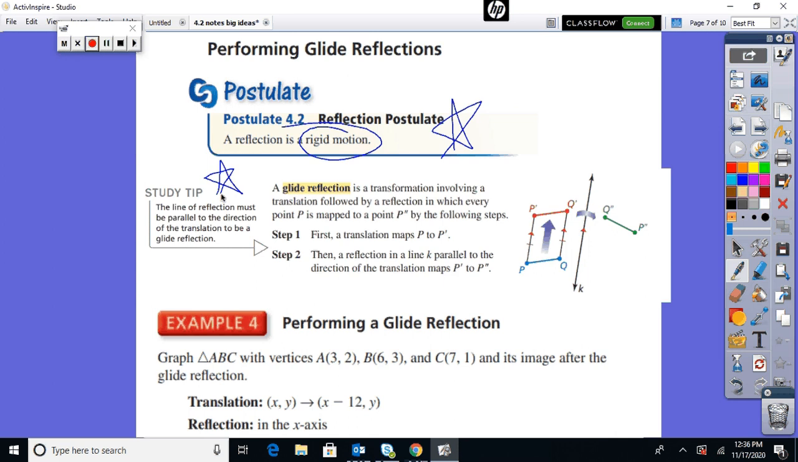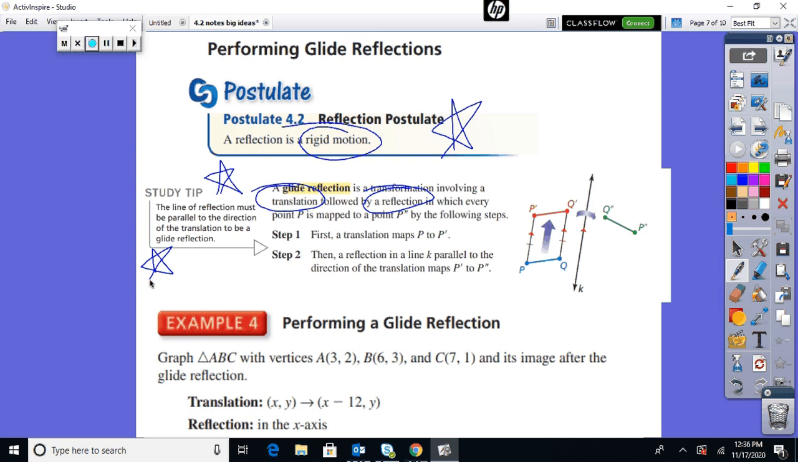First off, a glide reflection is a transformation involving a translation followed by a reflection. So you're going to translate and then reflect. That's all a glide reflection is. Cool thing is that this little note: the line of reflection has to be parallel to the direction of the